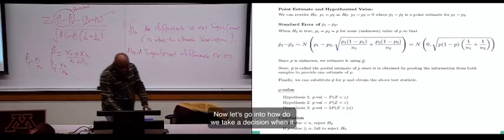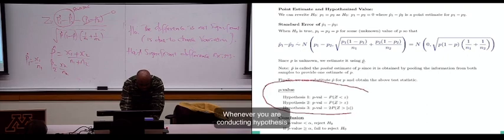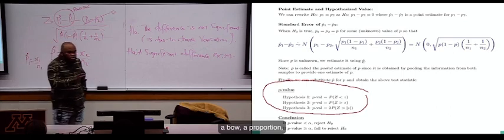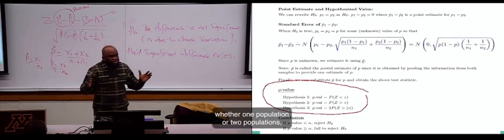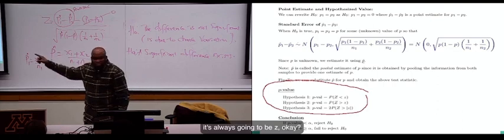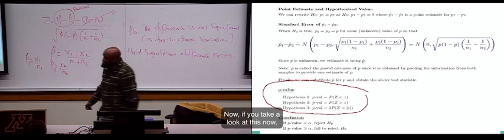Now, let's go into how we take a decision when it comes to testing this. Take a look at this. Whenever you are conducting a hypothesis test about proportion, whether one population or two populations, it's always going to be Z. Okay? It's always going to be Z. Okay? Now, if you take a look at this now,